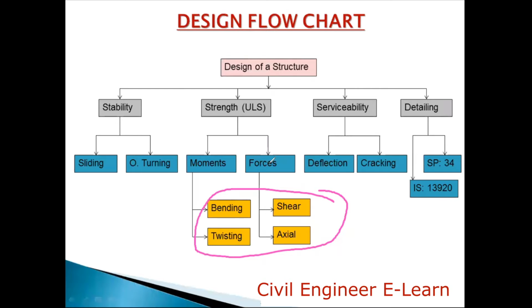There are five structural elements: foundation, column, beam, slab, staircase. There are five structural elements in a structure. All those structural elements have to be verified for the design requirements. We have to give enough strength to it, which means finalizing the cross section of the member and providing enough reinforcement in the structural element to withstand all these analytical resultants. Those analytical resultants are bending moments, twisting moments, shear forces, axial forces. That's it. That is what is called designing of a structure.